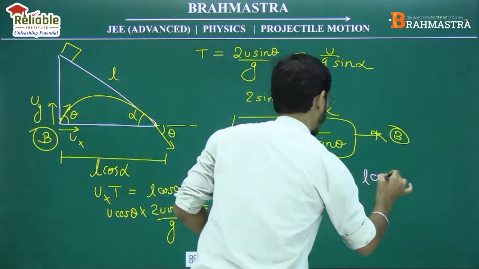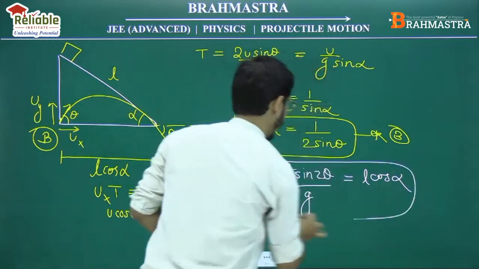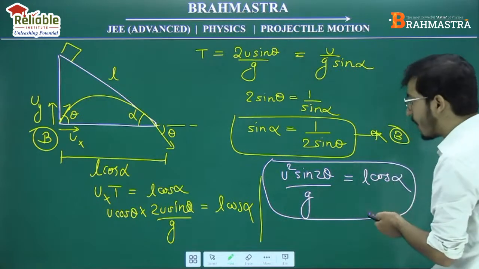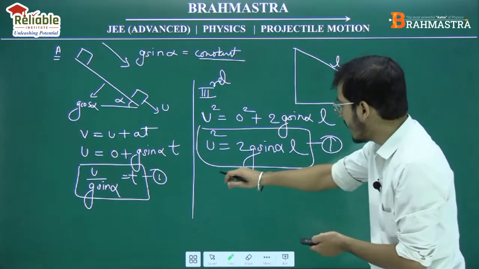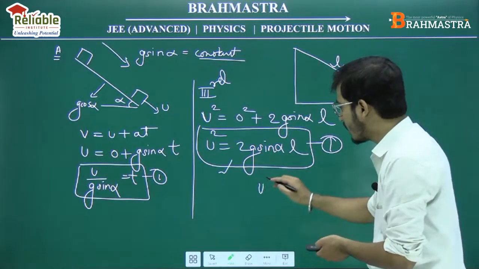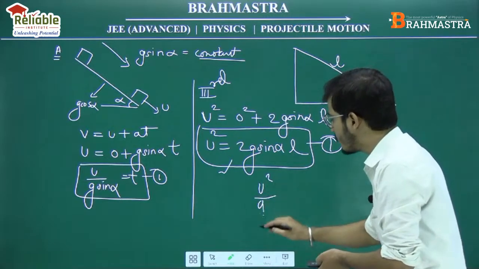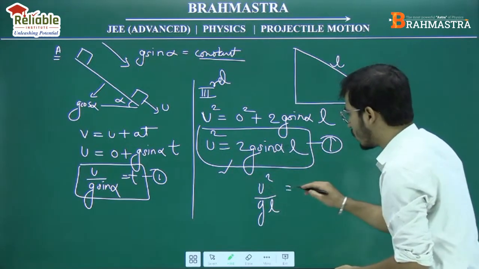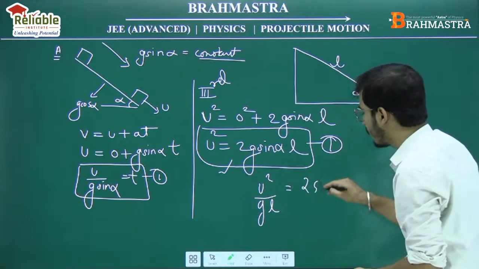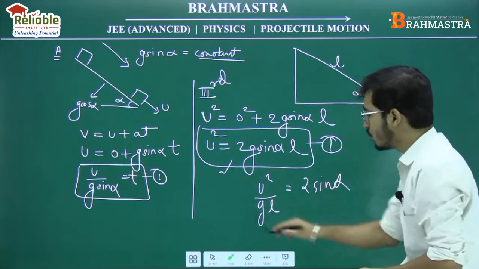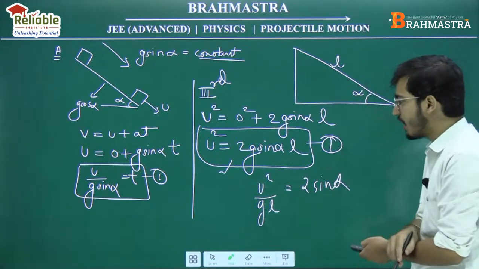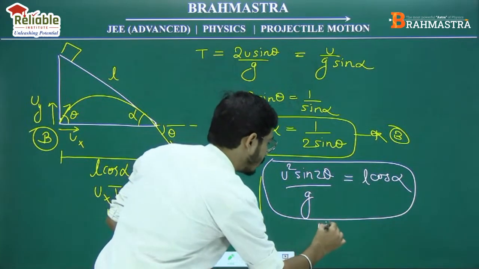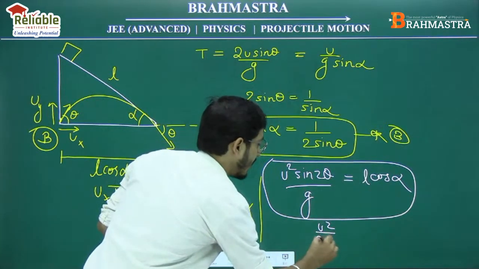दिया, L cos alpha के। चलो बहुत अच्छा, एक ये रिलेशन मेरे पास आ गया, u² sin 2θ / g = L cos alpha। क्या वहां से मेरे पास कोई रिलेशन था, हाँ एक ये रिलेशन तो दिखाई दे रहा है। अगर ध्यान से देखो, मैं इसमें u²/gL लिखूं, तो क्या इसको 2 sin alpha लिख सकता हूं, तो u²/gL की वैल्यू 2 sin alpha आ रही है, ठीक है ना।